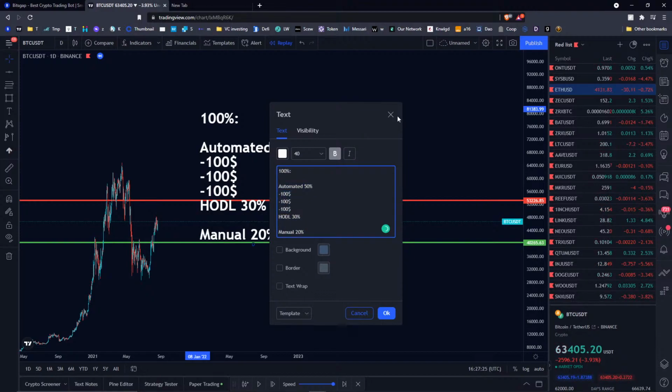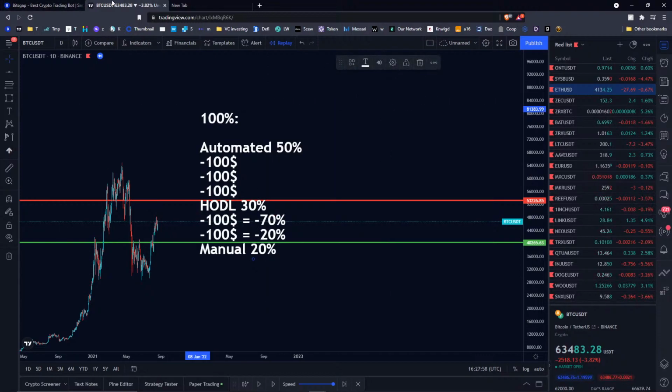Same with the hodl. Let's say not more than $100 per each coin makes sense, because one coin can fall sharply, let's say minus 70%, but this one can fall only 20%. Imagine if you would allocate $200 to the first coin, so it would be minus 70% on your $200, but with a split it's just on $100. And that's why it really makes sense to further diversify within the strategy you selected. So we have automated, hodl, and manual trade mode.